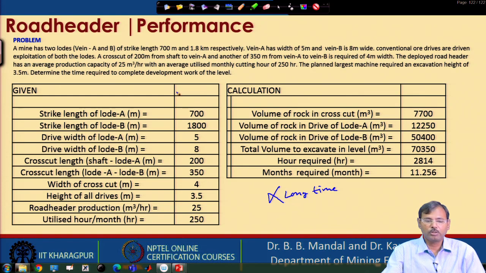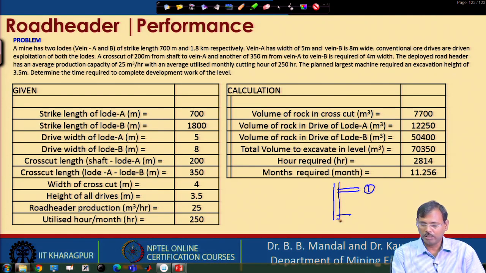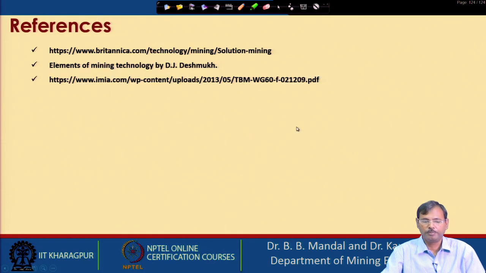The small size of the road header allows dismantling as well as the movement between the levels. So, if the level operation is complete in level 1, the same machine can be further deployed to level 2 for completion of the horizontal excavation in these levels. So, that is why road header is one of the most common and popular machines that is adopted in the horizontal excavation in most of the metalliferous mines.